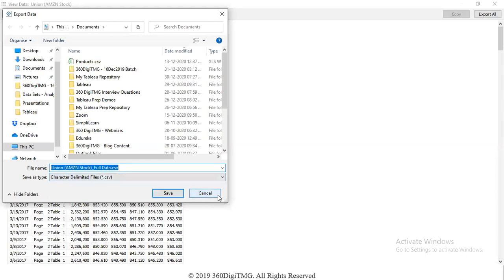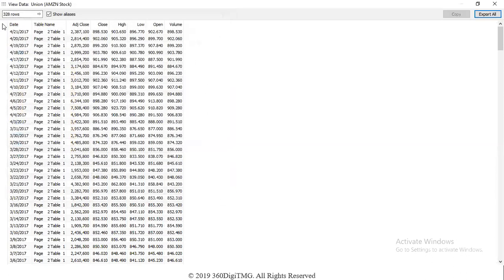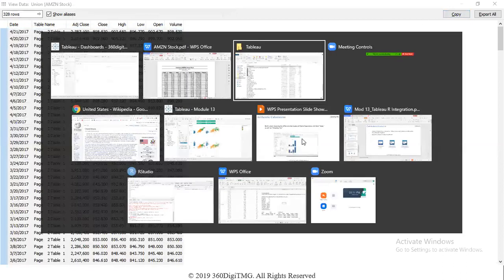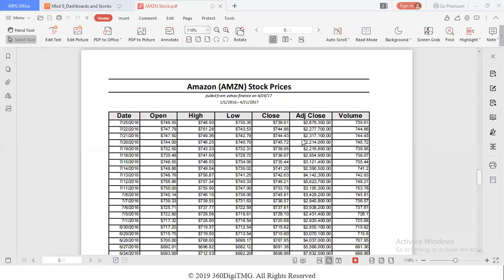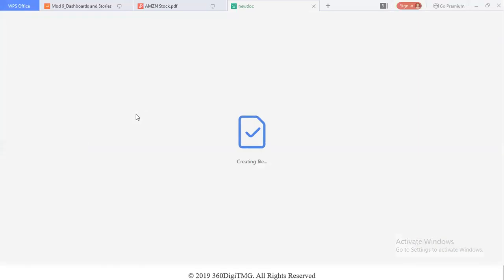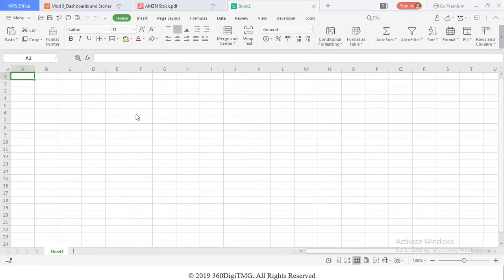Now, if you don't want to send it as a CSV file, then you select the data by clicking on the top left corner box. The entire data will be selected, all the records. Now we will copy it. After copying it, we can go and manually paste it in an Excel file. So the export all option is there, or you have to copy and paste in Excel. If it is only data directly that we are trying to copy and paste, this is the method.